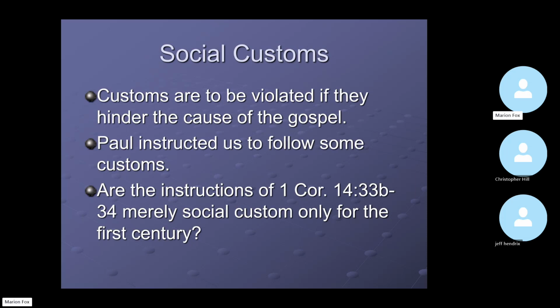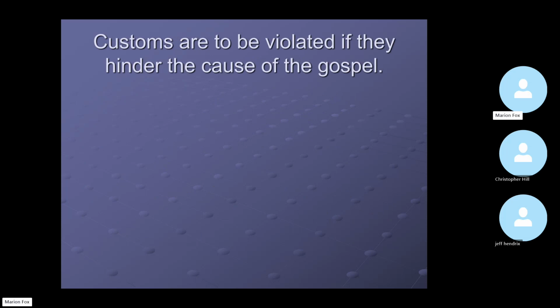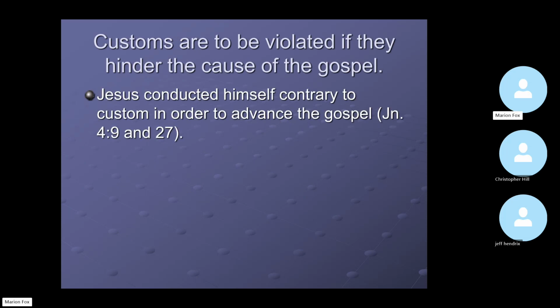And is it merely a social custom only for the first century? That's a good question we want to answer. Let's look, if we might, and I have an extensive discussion of this in my Role of Women Combined Edition book. I devote a whole chapter to each of these passages, 1 Corinthians chapter 11, 1 Corinthians chapter